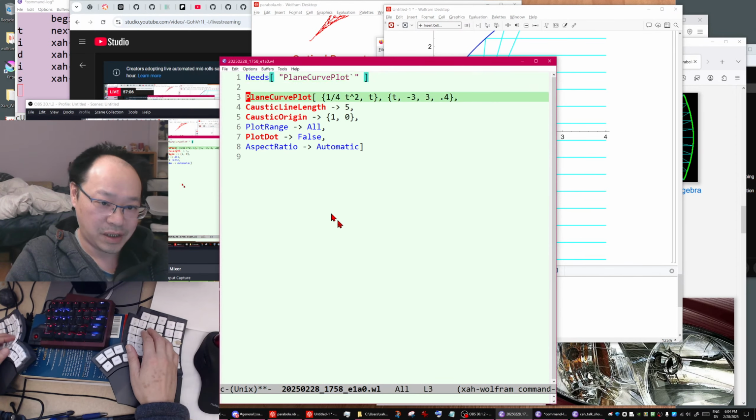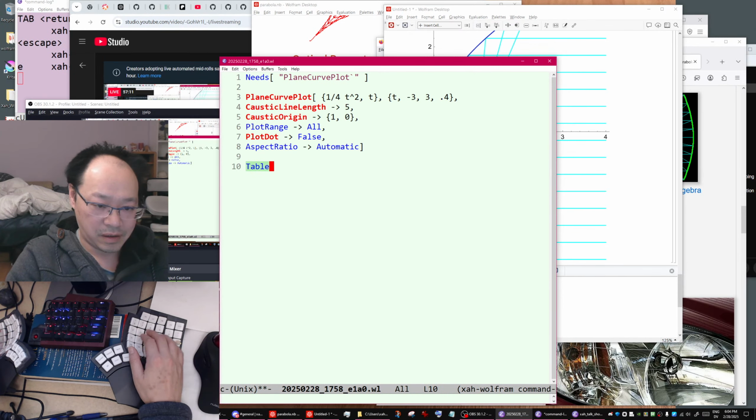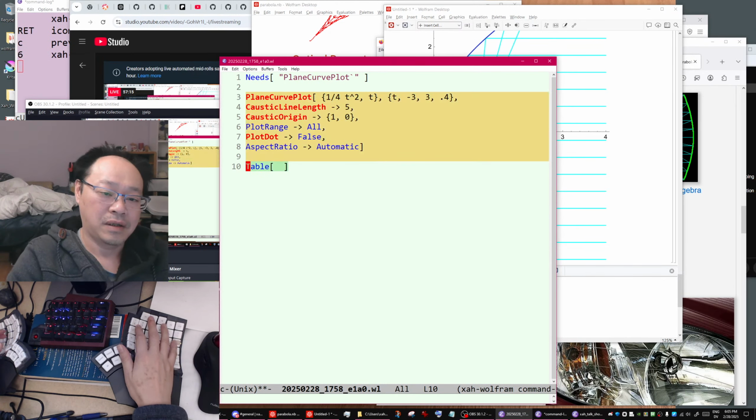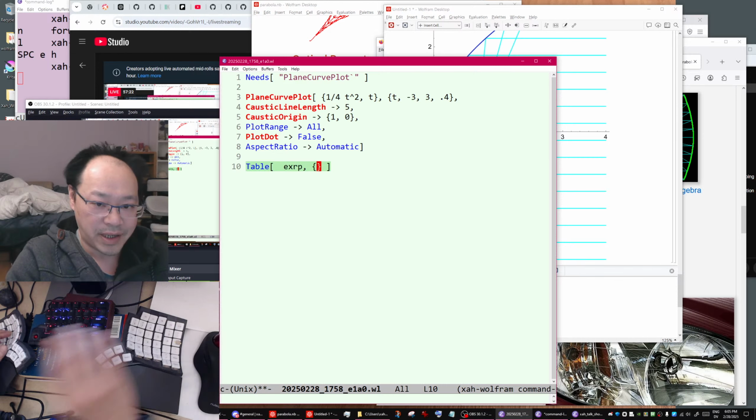So what you do is you want to animate this plot. So you just do a Table. Okay, so Table of two arguments. The first one is expression. The second one is a parameter.